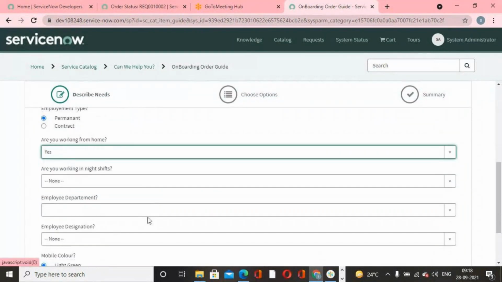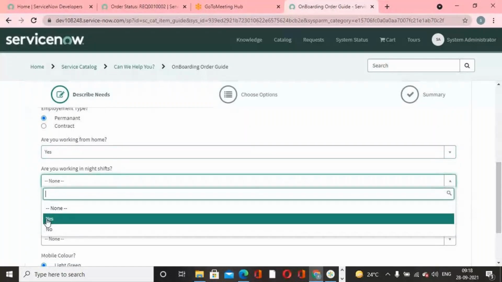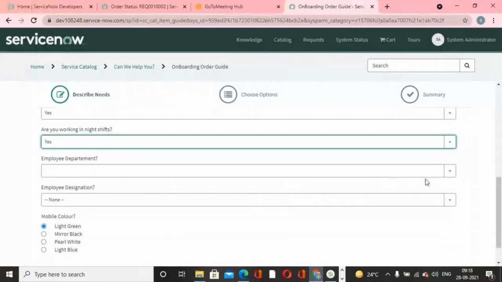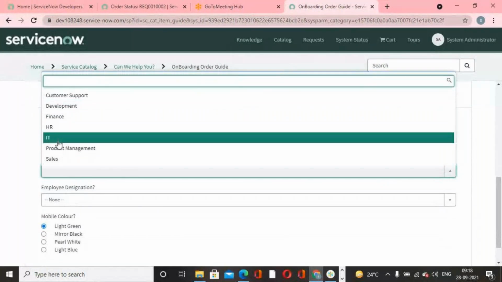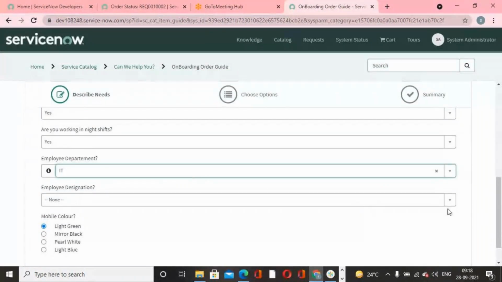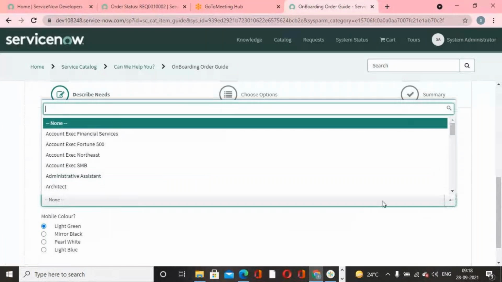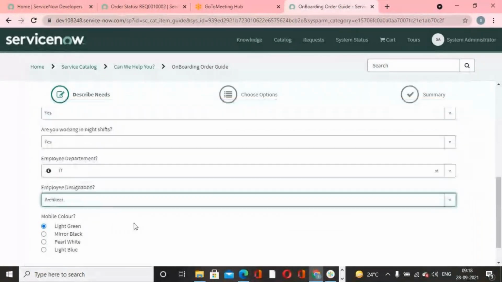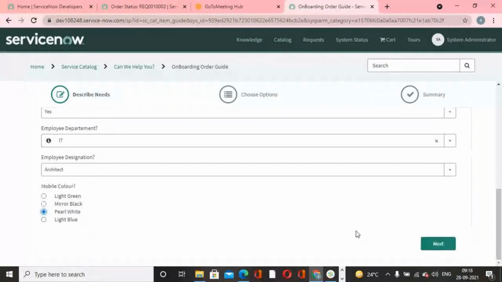Yes. Customers always access all these record producers and order guides from where? Service portal only. Are you working night shift? Yes, I'm working night shift. Employee department is IT, select IT. And employee designation, you can select anything, architect, and mobile color is pearl white. And next,